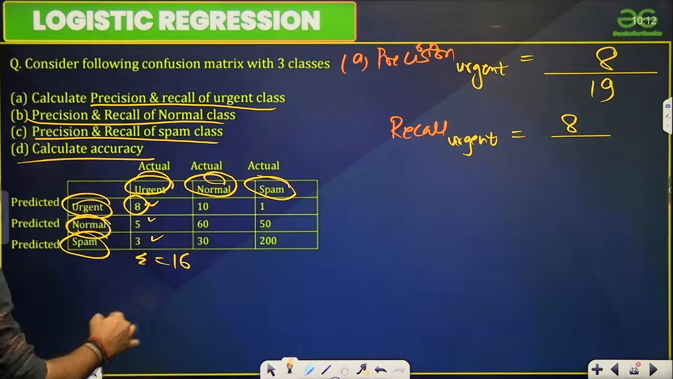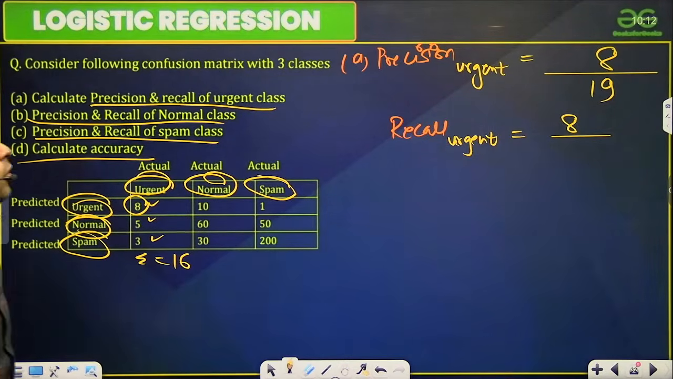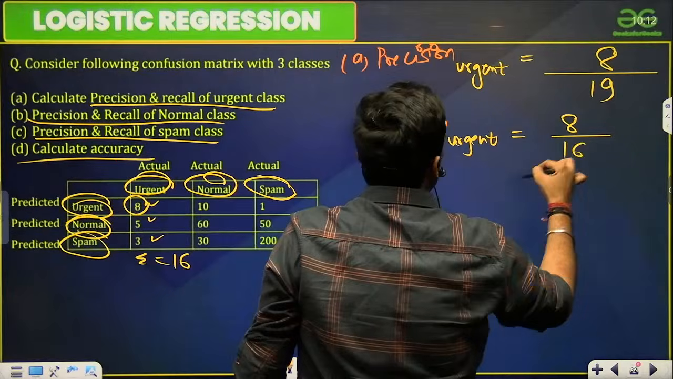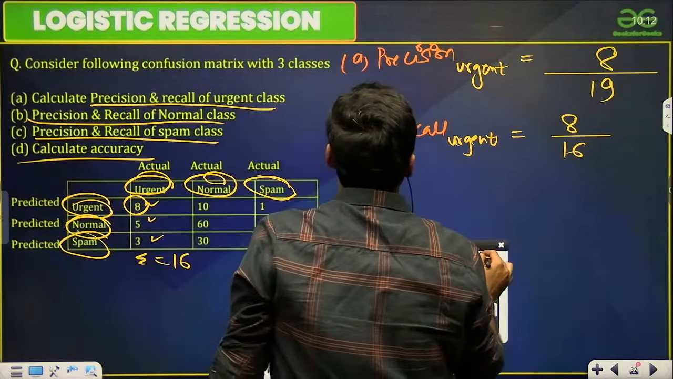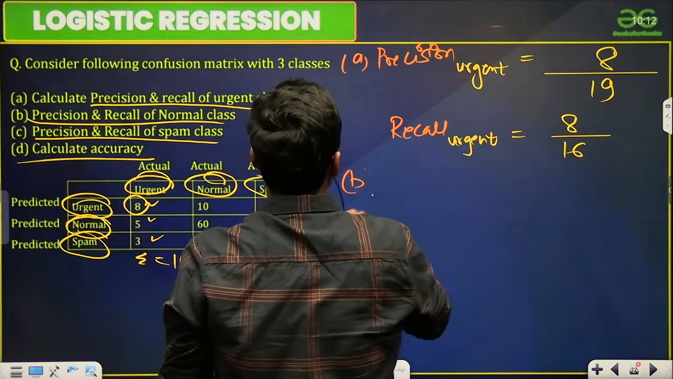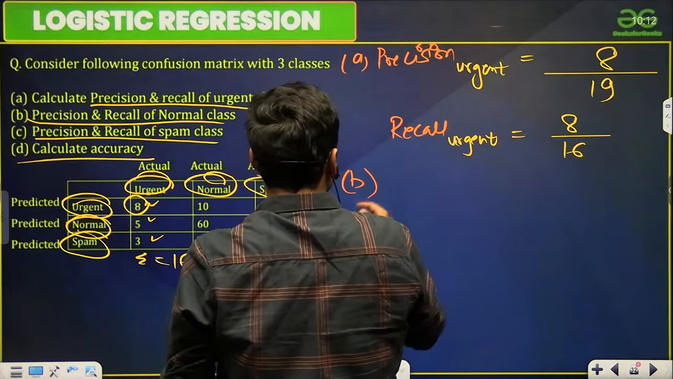So that would be 16. Recall for class urgent would be 8 upon 16. Similarly, precision